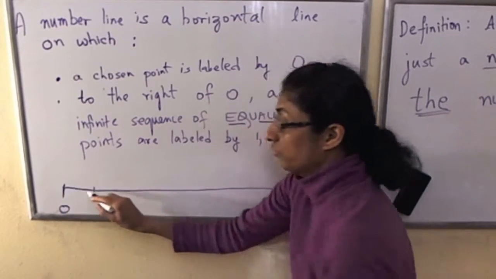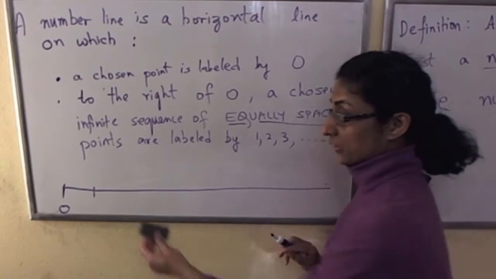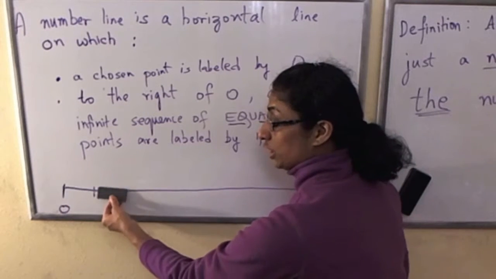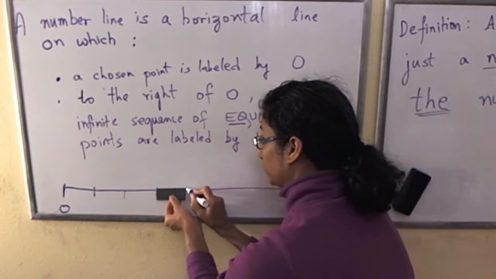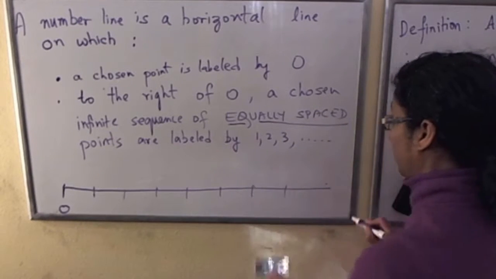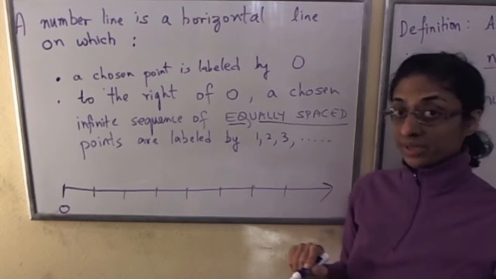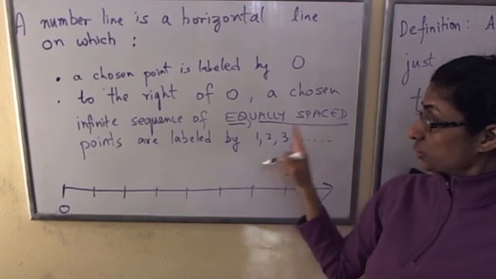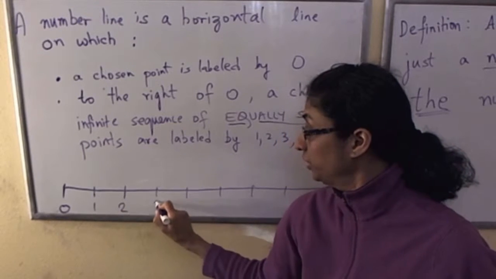Notice the minute I mark off my first point in the sequence, then the rest are completely determined, because my next point must be at the same distance from this point as this is from this point. So let me mark off all the points quickly. And obviously we can keep marking points, and we just put an arrow to indicate that pattern continues. So we've chosen an infinite sequence of equally spaced points, and now we must label them by 1, 2, 3,